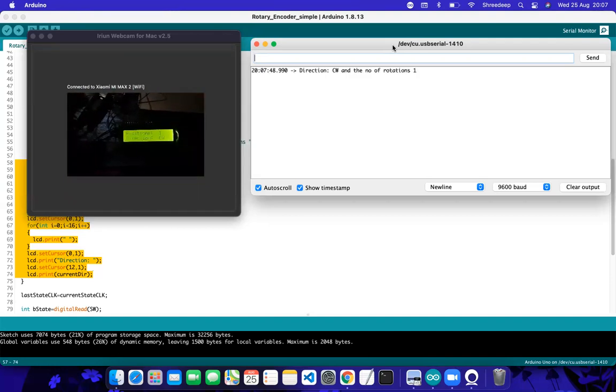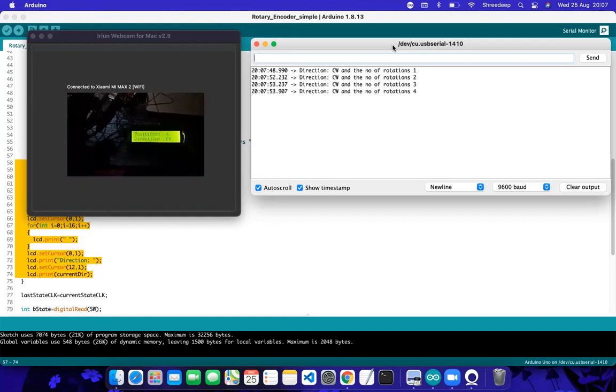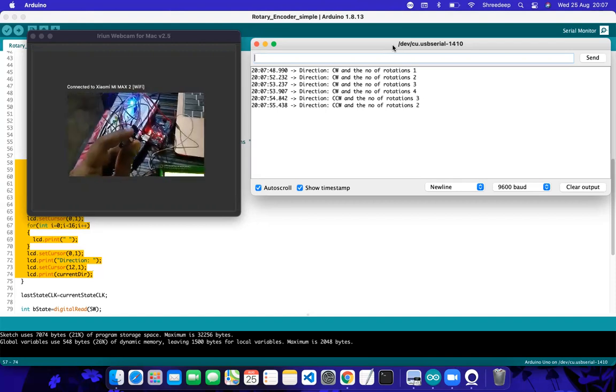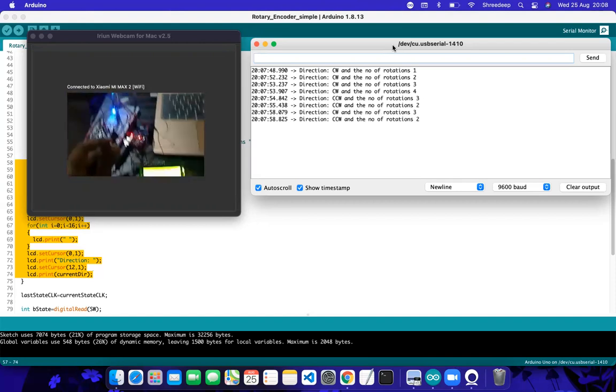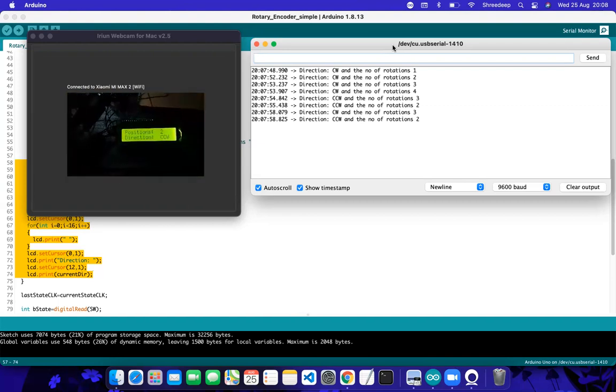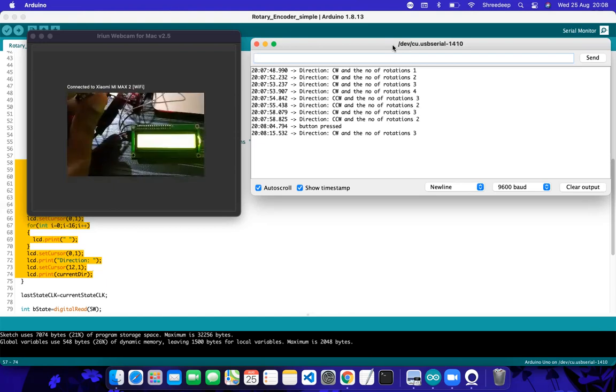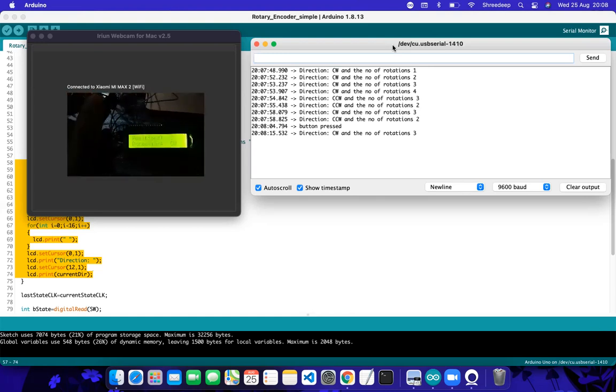Fine. See the positions one, right? Okay. Yeah. Position 2, 3, 4, 5, and clockwise. See, and the corresponding LED also changes, right? These also change, something similar, but I'm now concentrating on this. See, once I press the button, the second row vanishes and it shows the button press. After that, when I again move clockwise, it comes to the previous one. See that button option. Now position and direction I'm able to see, but the button one I'm not able to see.